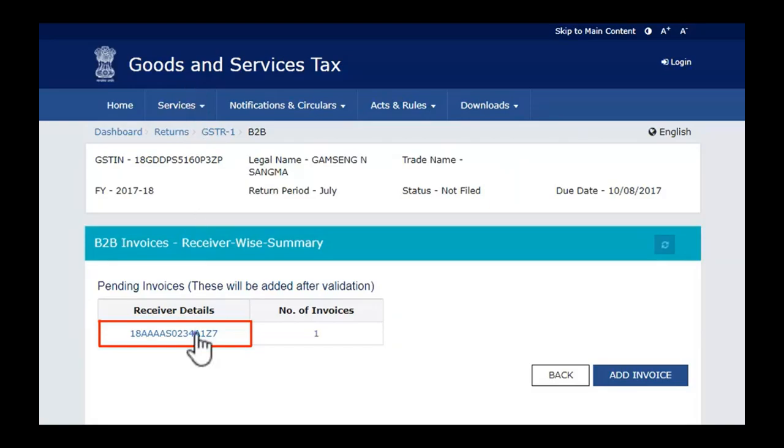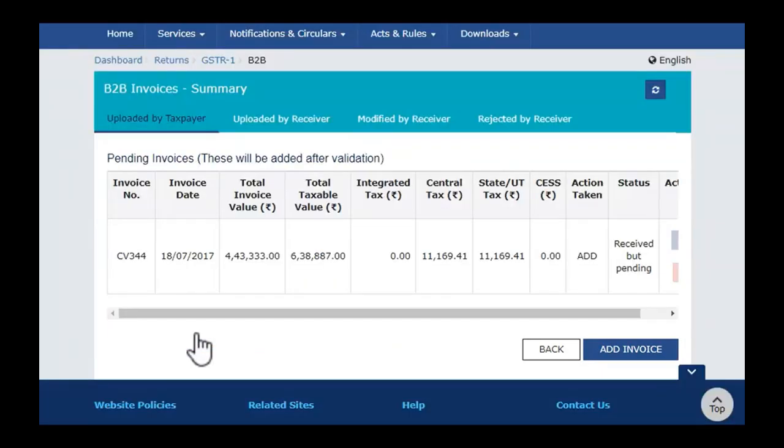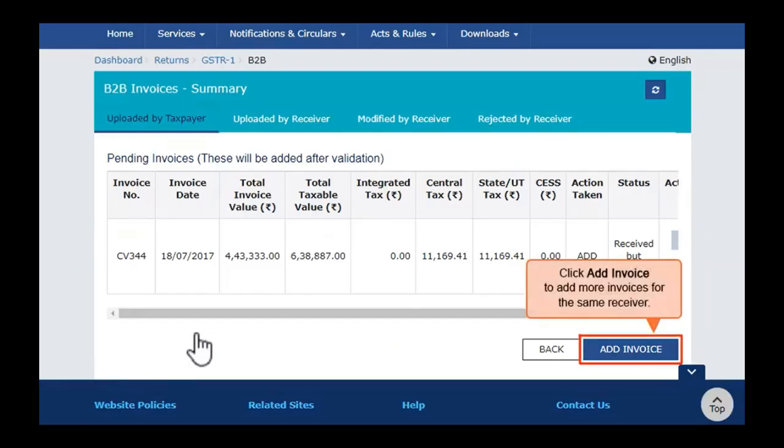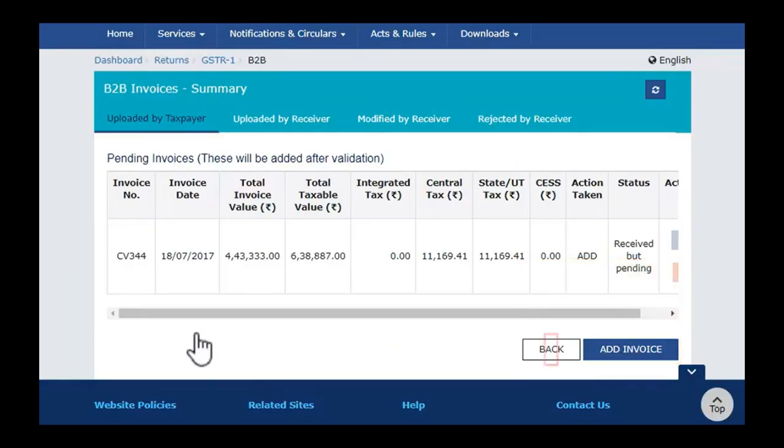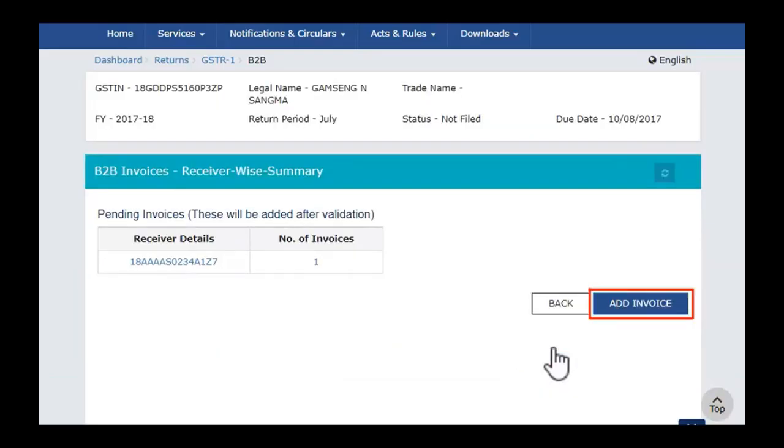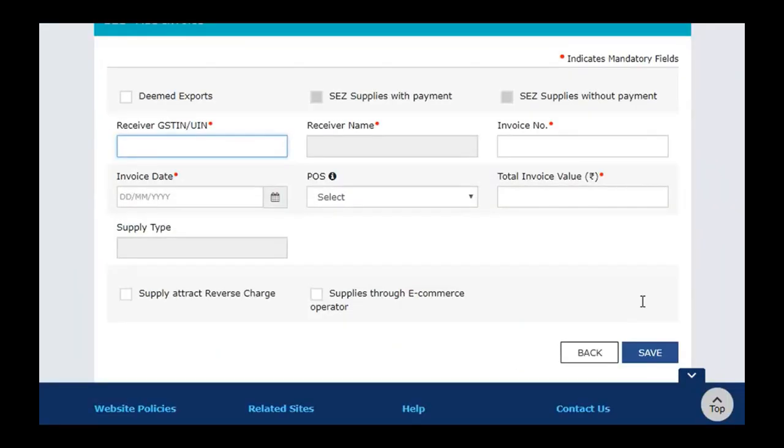If you want to add more invoices for the same receiver, you can do so by clicking the Add Invoice button here. To add invoices issued to other receivers, go back to the previous screen and click the Add Invoice button like before. On the Add Invoice page that opens, enter the GSTIN or UIN of the receiver taxpayer